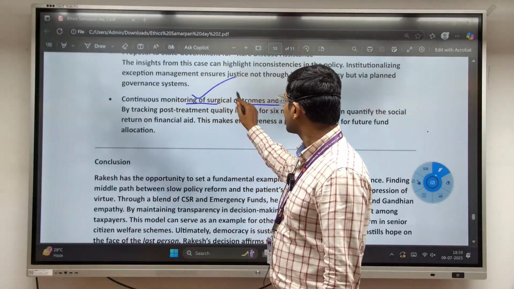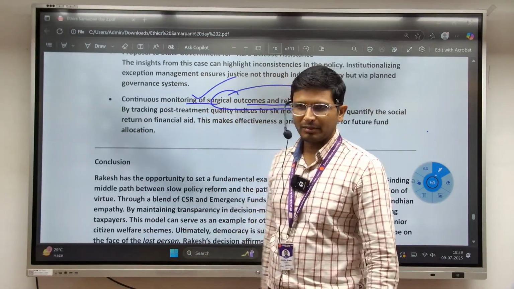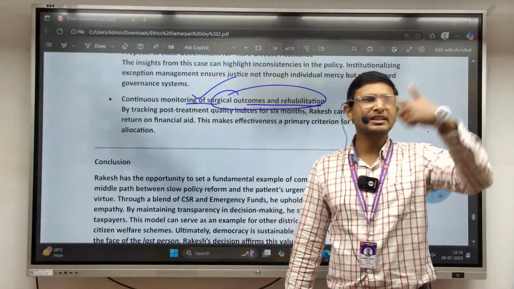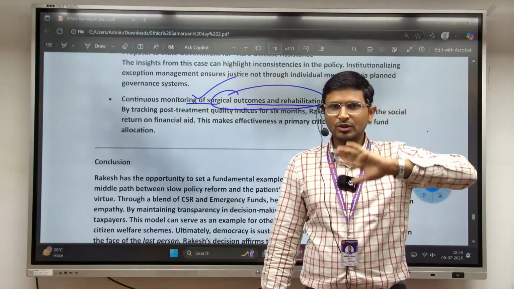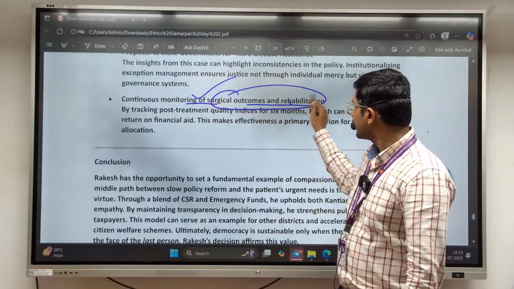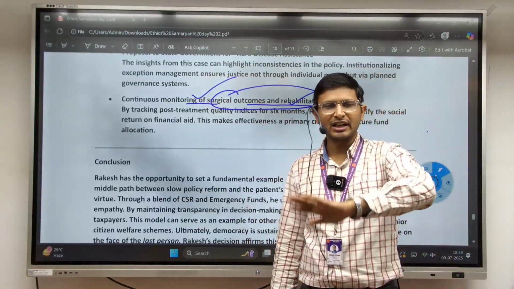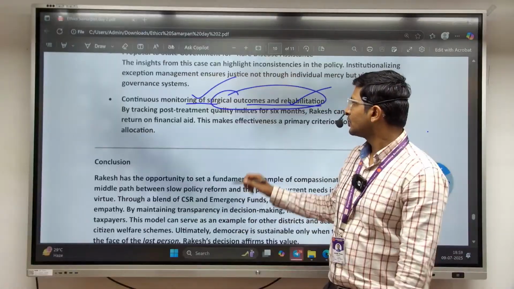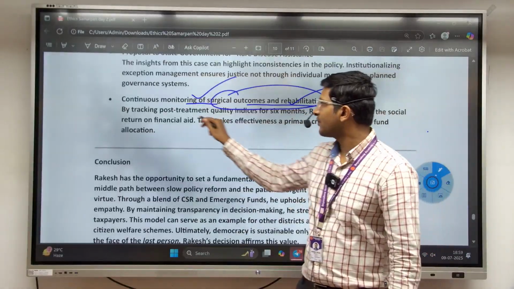Genuine case है, you identified it, okay, but in this particular case, surgical outcomes, मतलब after the treatment whether he is getting benefited or not, उसे भी track करो। Rehabilitation, whether the person is properly rehabilitated after the surgery, उसे भी track करो, so that in future that will help for the financial aid।